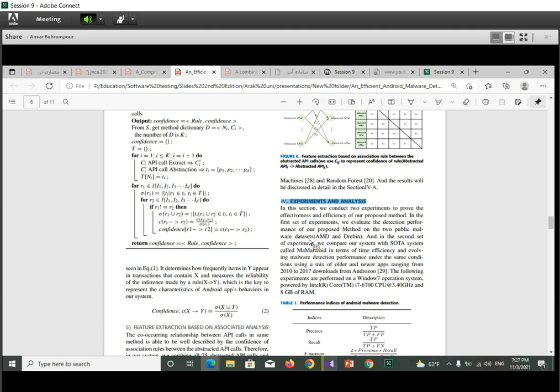So in this section, I expect that you explain which metrics are used to evaluate, which are the evaluation parameters or metrics, which data sets are used, which research questions are solved, and which tools or environments are used to simulate or implement the proposed method as explained in the previous section.